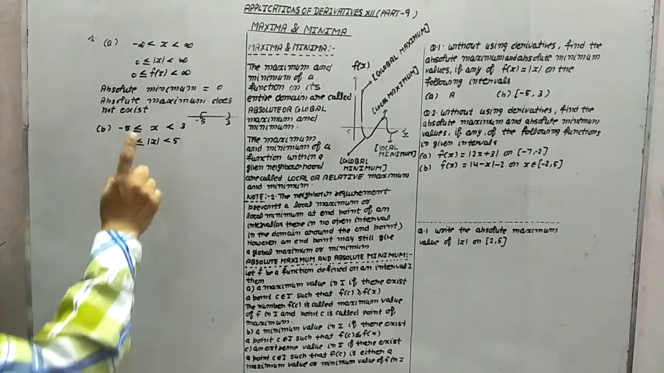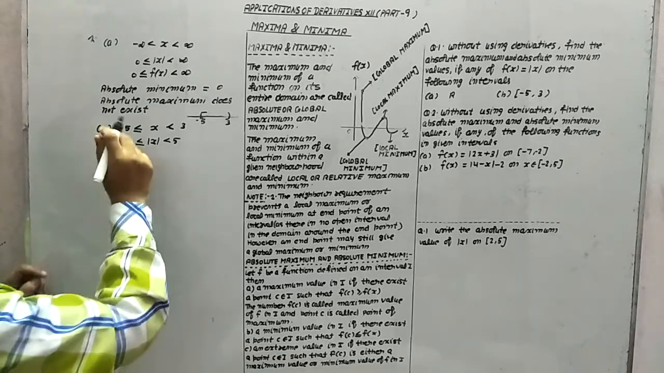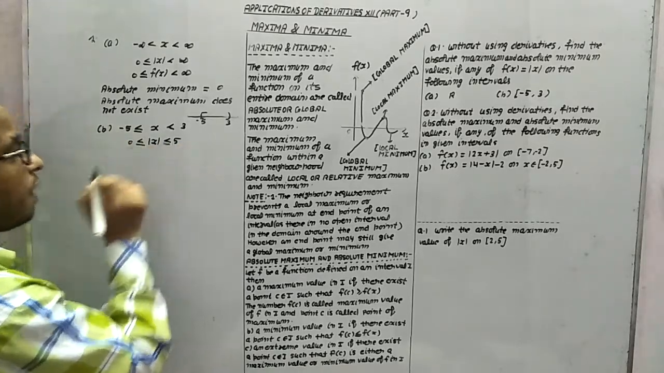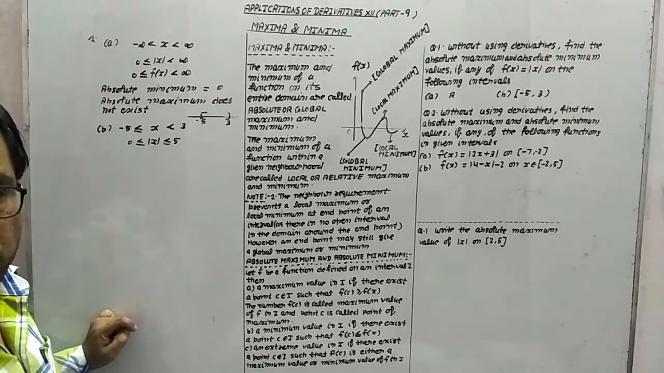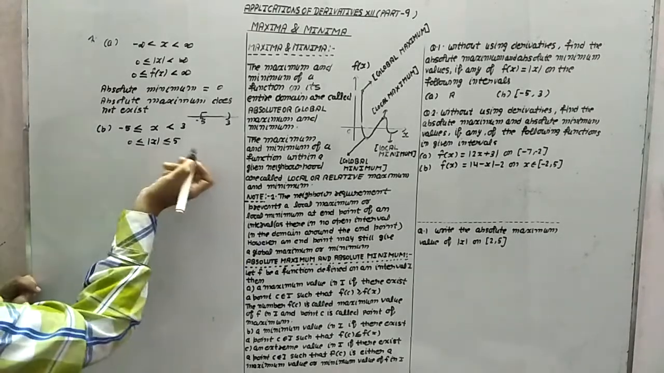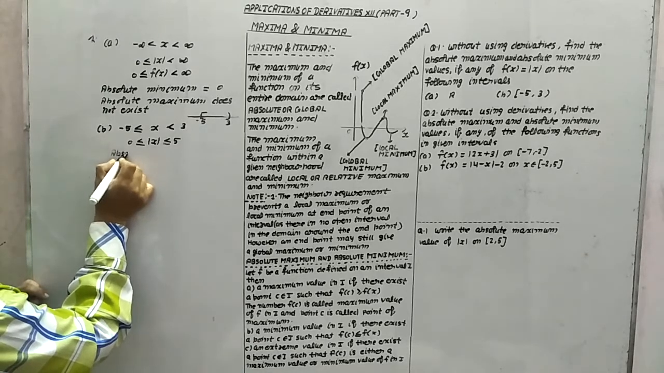एक तो हमारे पास क्या हुआ? ग्रेटर देन और इक्वल्स टू क्या आया? 0 आया. और बिकॉज ऑफ -5 के कारण क्या होगा? ये इक्वल्स टू भी आएगा. बिकॉज -5 का मॉडुलस क्या होता है? 5 होता है. Therefore, here on the basis of this definition, we can say absolute